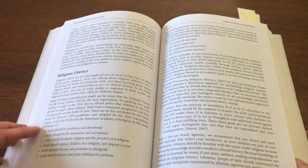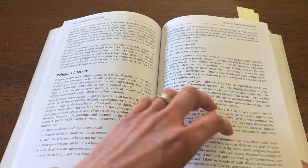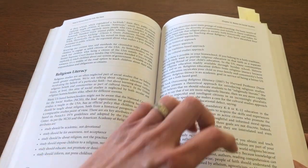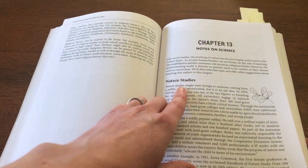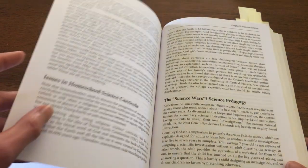So social studies, choosing history spines, civics, religious literacy. Again, why it's important to have a general knowledge of what others believe, but that your education shouldn't be solely based on one perspective. Science I found really helpful because one of the authors has a